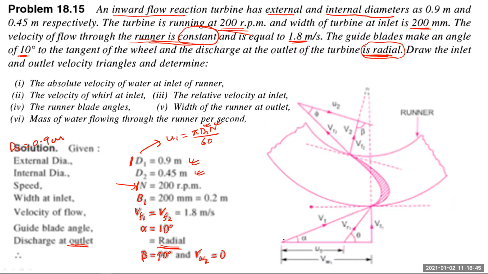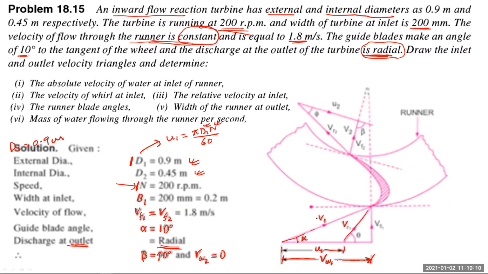Okay, and this is common as we are doing from the very beginning. You have to draw this triangle. This will be your B1. This is your alpha. Okay, this is your U1 from here up to here. Then VW1. This is your VW1. Remember these parameters, where you are using U1, where is VW1. This is very important.